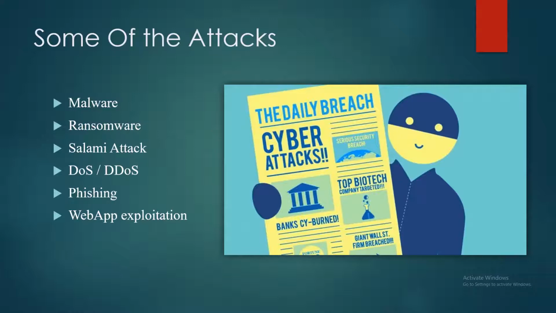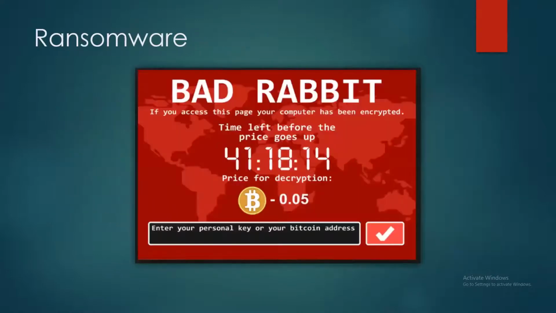So phishing will be a very common form of attack you'll see. A lot of phishing emails will be sent to you. I'll show you an example in the next slide. Ransomware is the most common one which you'll be facing nowadays, and for the last 4 or 5 years, I think we have been seeing ransomware a lot. So a ransomware, again, if you know what ransomware is, let me ask you a question. What is ransomware? Would you know it?